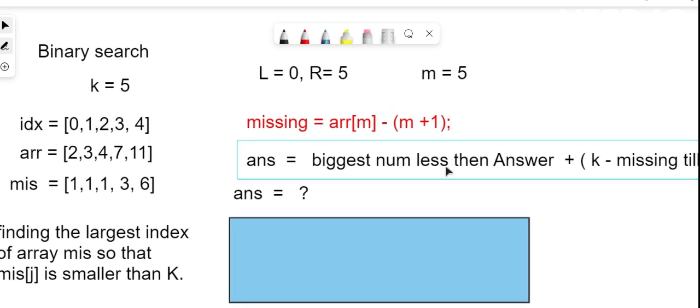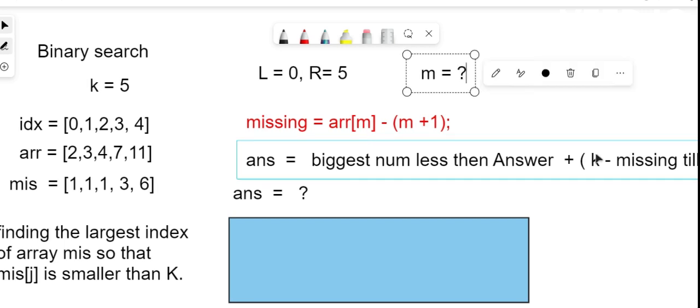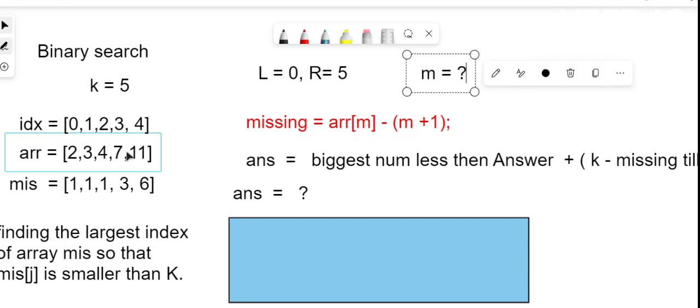We need to find the biggest number which is less than the answer. To do that, we will run binary search on the missing numbers, because we don't have any target number. We don't know the answer is 9, but we have k. And k is the fifth missing number. Basically, k is saying that I am the fifth missing number. So which gives us an intuition that we have to do something with these missing numbers,